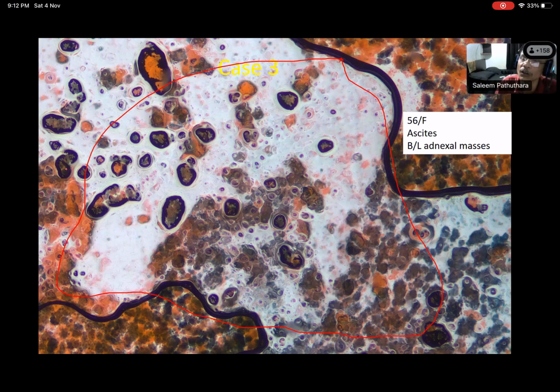Even if you use a lot of DPX, a bubble can appear, because it is not a monolayer and the quantity of material on the smear is too much. Quite often slides come to us like this because of the air bubble effect. You cannot read whether any malignant cells are going inside this bubble, so you have to remount it. Sometimes remounting happens much later, and cell preservation also changes. Then we'll go to the second.